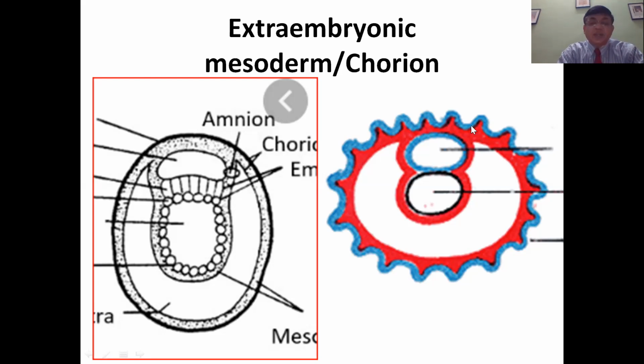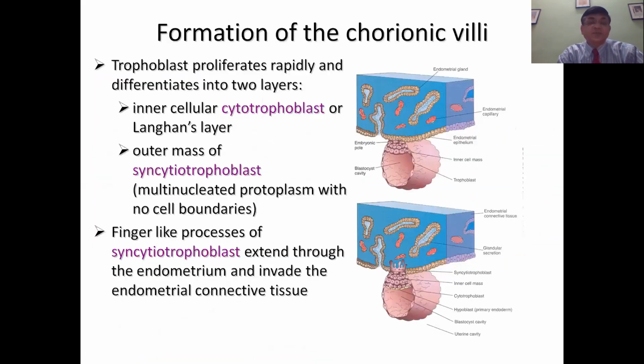And now look at the figure on your right side. This extraembryonic mesoderm, it has this trophoblastic tissue there. This trophoblastic tissue all around the embryo forms finger-like projections. These finger-like projections formed by the trophoblastic tissue are called the chorionic villi, because we know this is the chorion and the villi developed there are the chorionic villi. Don't take down anything. If this concept of chorionic villi is okay, we move to the next slide where there is description of the formation of chorionic villi.